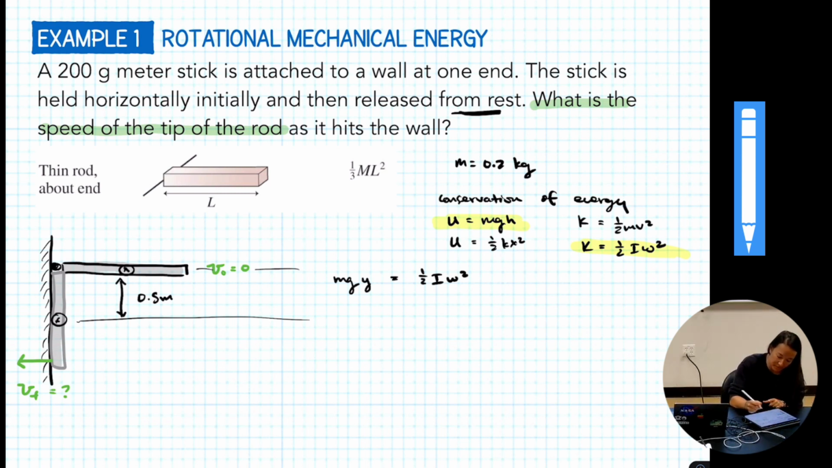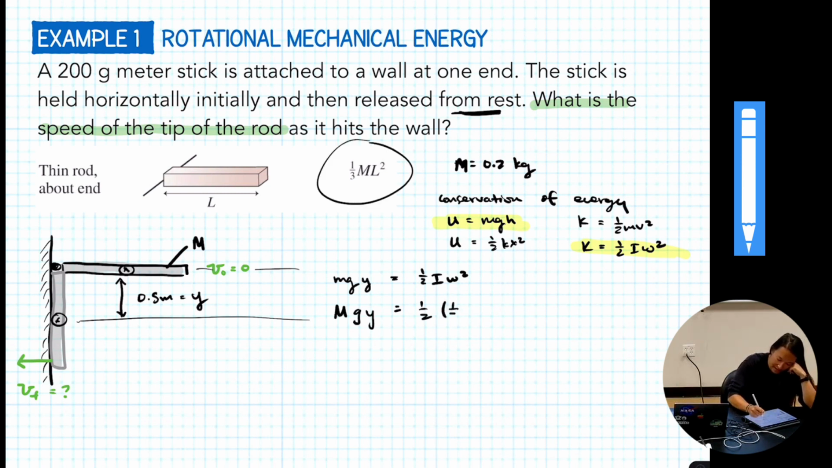So we'll rewrite this as m. We'll say this meter stick is M, a capital M, just because this is written as capital M. Then g, y, and we know y is going to be 0.5 meters. We can plug in our I, our moment of inertia, which is given to us right here. That's 1/2 M L squared. What's L in this case? The length, yeah. And so we're first going to calculate omega, and then we're going to use that to calculate